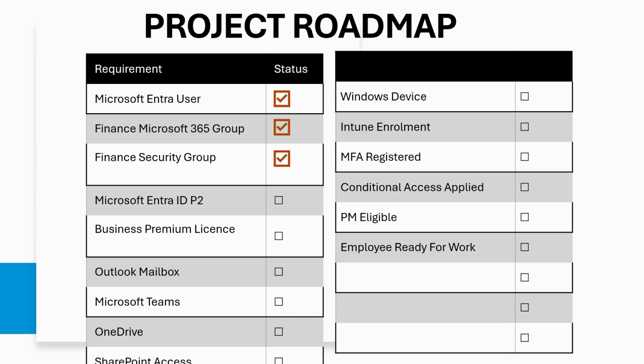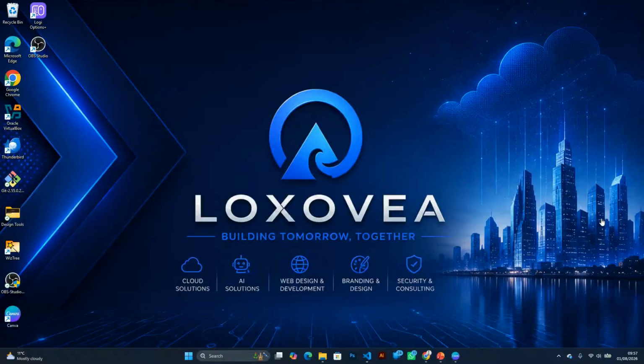Today, we are going to configure group-based licensing, one of the most recommended approaches by Microsoft for managing licenses in Microsoft 365. As you can see, we created our user and our two groups, and today we are going to be assigning these licenses to our finance security group. Before we begin, let's understand why Microsoft recommends